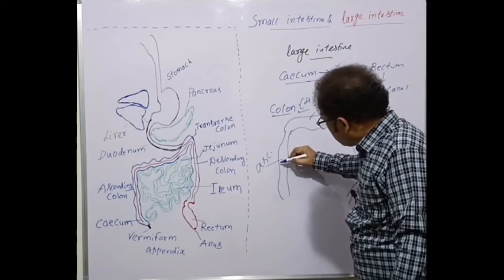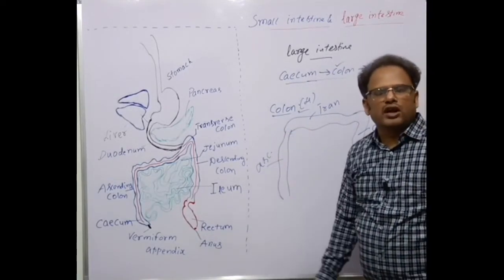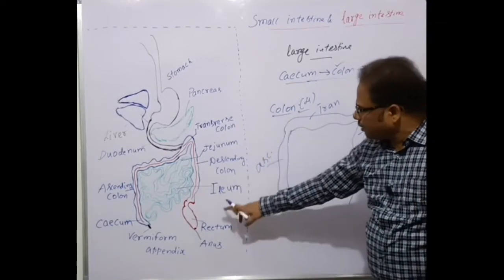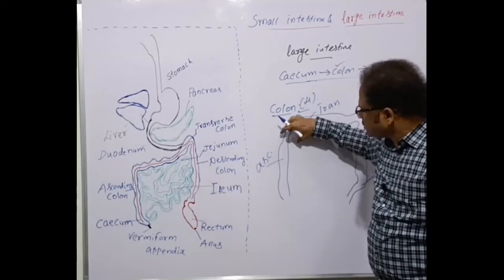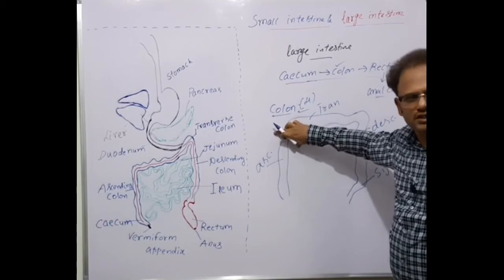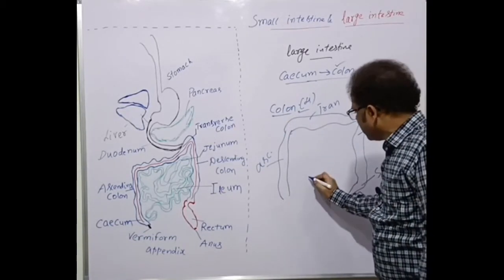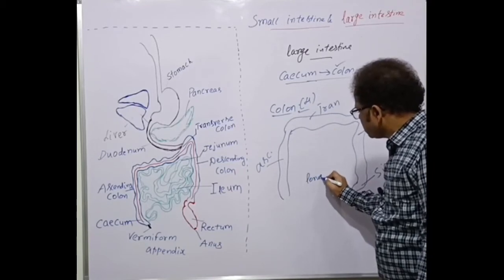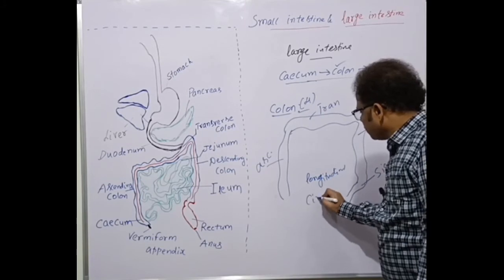Okay, this colon contains smooth muscles. The entire wall of the alimentary canal, right from the esophagus up to the rectum, consists of smooth or involuntary muscles only, isn't it? So here also smooth, involuntary muscles are present. The smooth muscles are of two different types. One is the longitudinal muscles, and circular muscles.